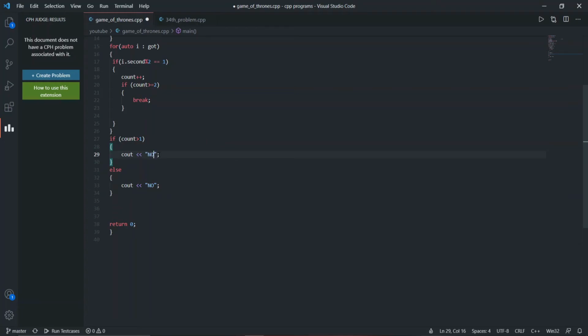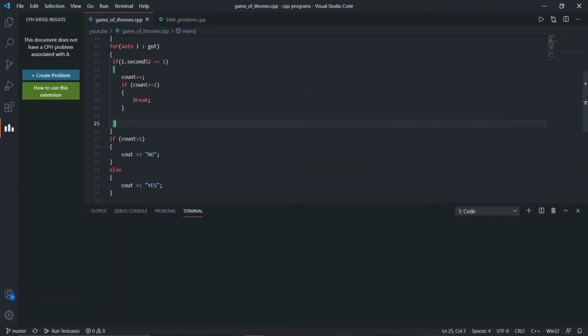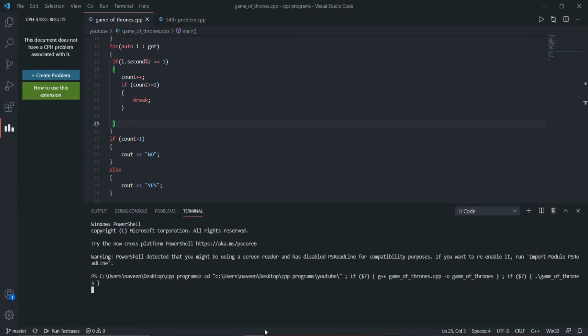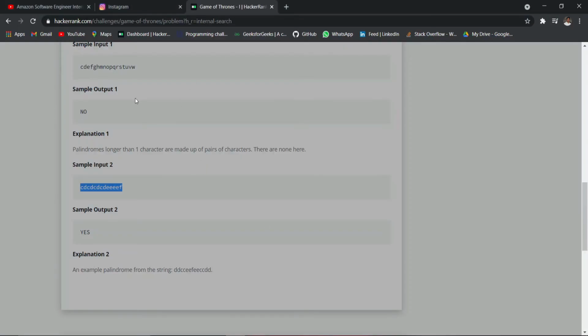I have to type no over here and a yes over here. So let's save our code and execute it. I will copy this, Ctrl C, and paste. Oh yeah, you can see over here we got a yes.